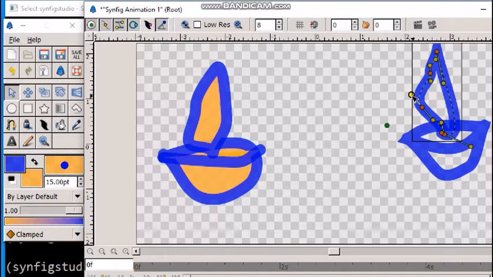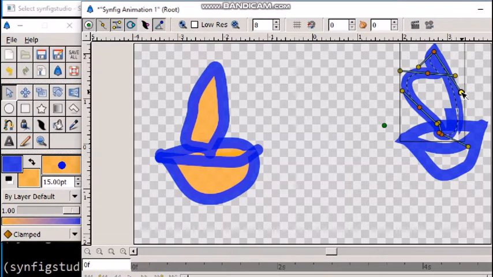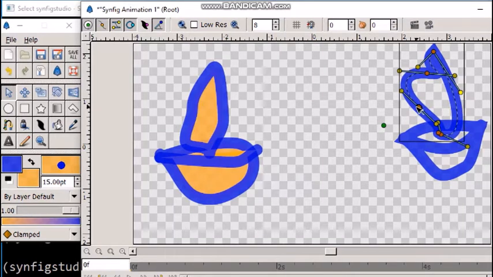This yellow duck is used for curves. Like this. Whereas these orange ducks are the vertices.